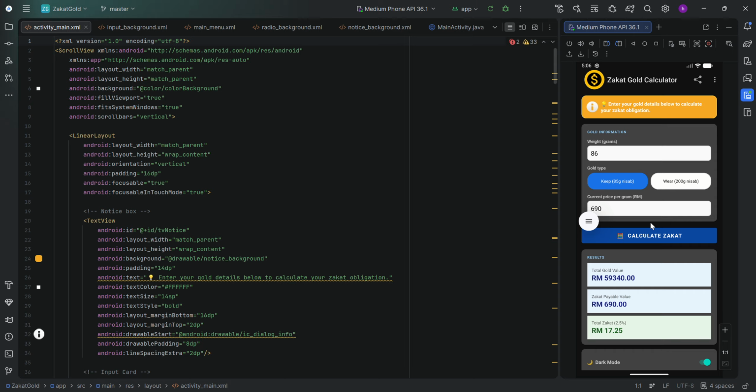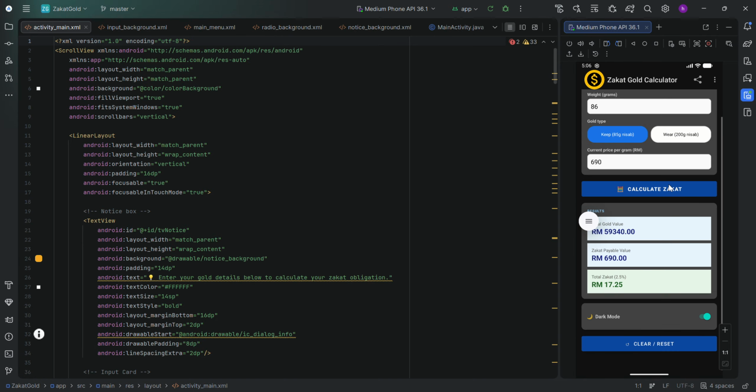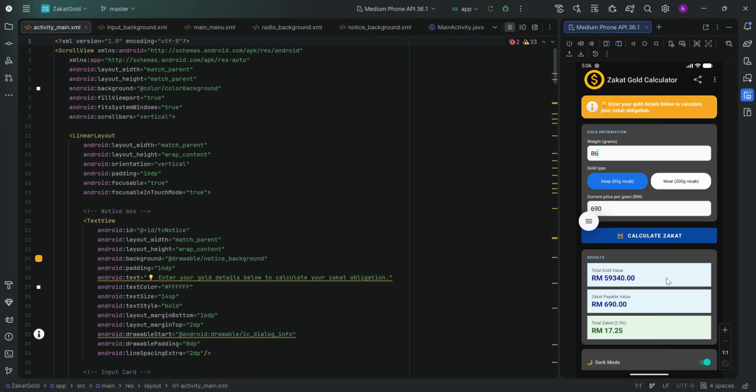Okay, let's try for wear gold type. For this system, before we decide to finalize it, we looked part by part precisely. In the first development, we forgot to put 85 gram and also 200 gram. And then when we looked back at our system, we found that